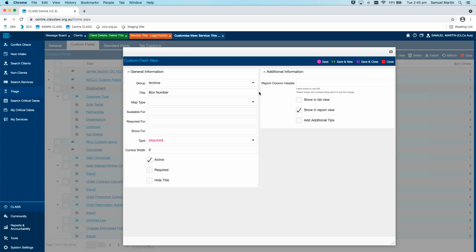We've printed out these, or we've got the slip of paper, and this is the box number where that slip of paper lives in storage. Okay, anyway, the next thing is the map type. You have to select one of these, and you can make this new custom field dependent on what type of service this is, or what problem types are selected in that